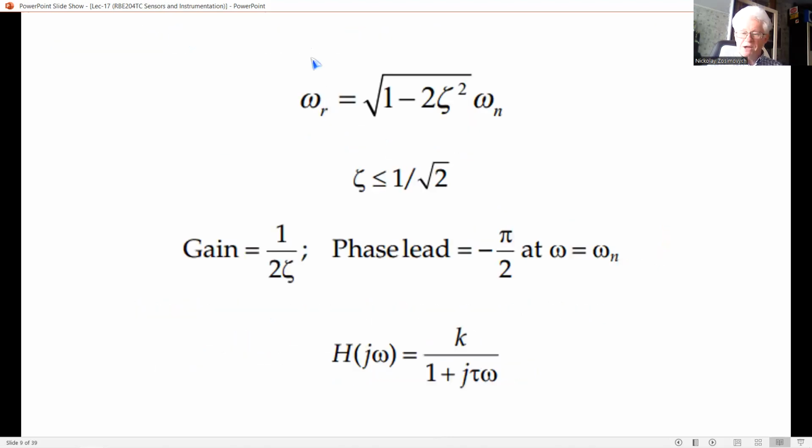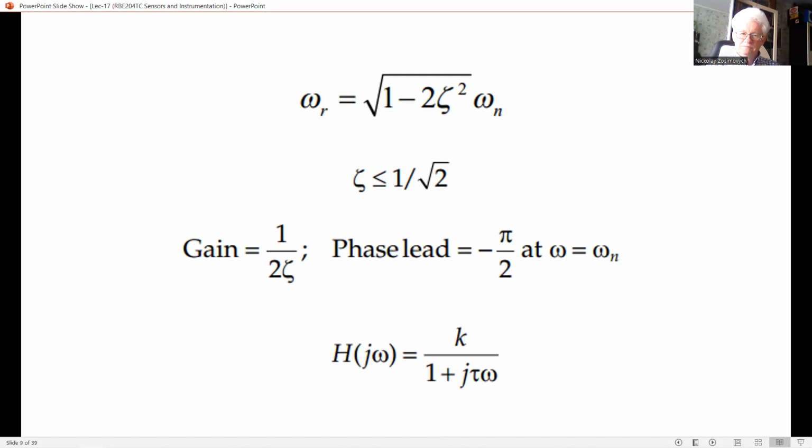Resonant frequency omega r corresponds to the excitation frequency when the amplitude gain is the maximum and is given as this one. So omega resonance is equal to the square root of 1 minus 2 psi squared, times omega natural. This concept is used to measure the damping in a device, in addition to specifying the performance in the frequency